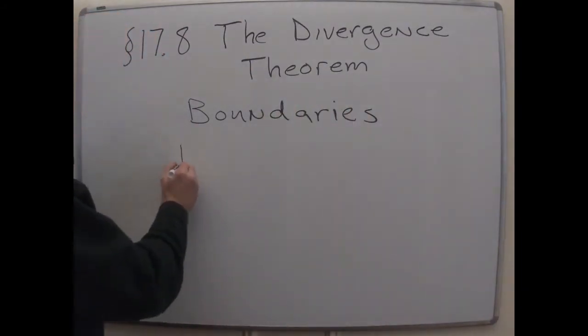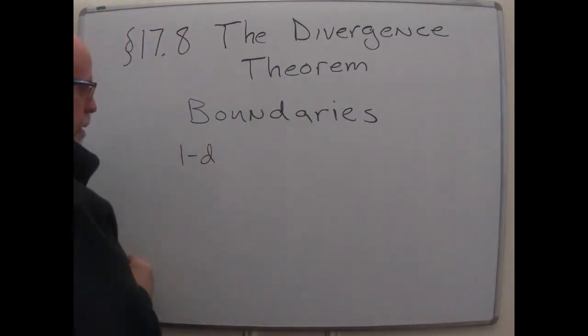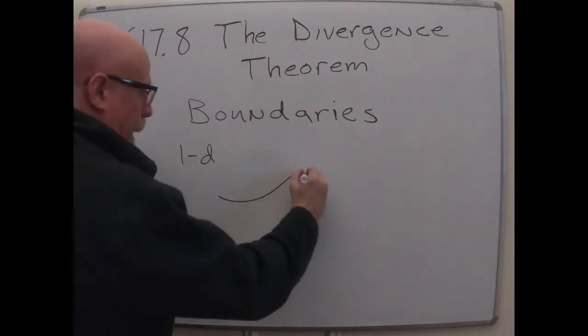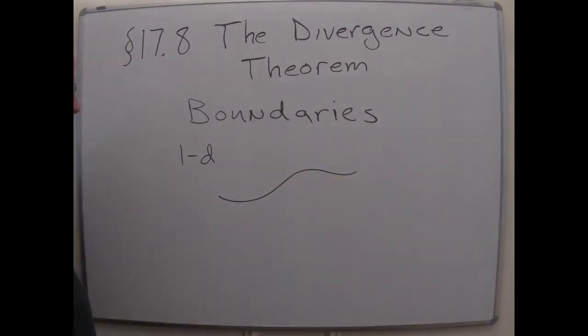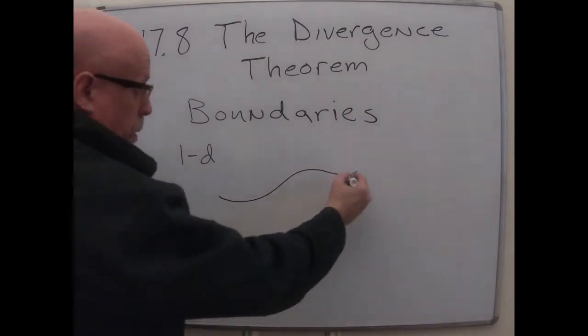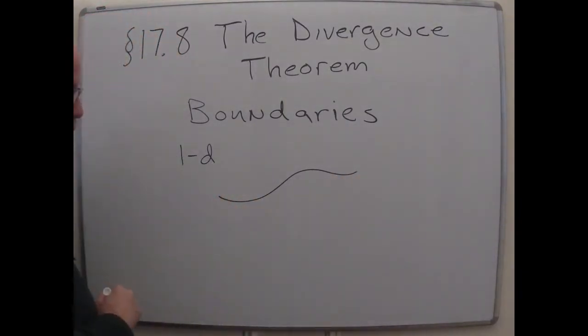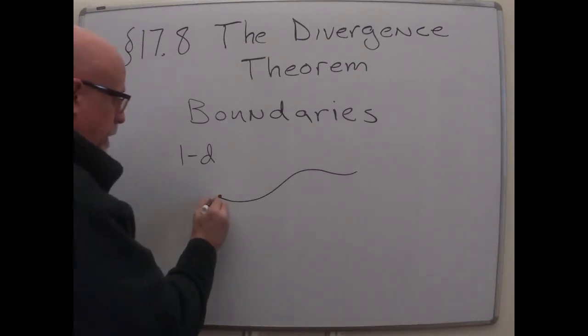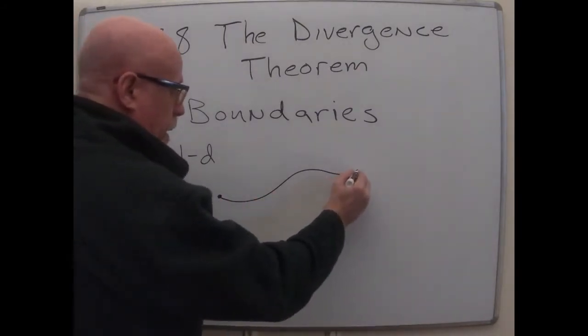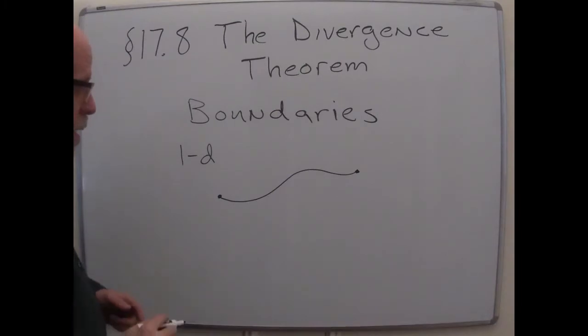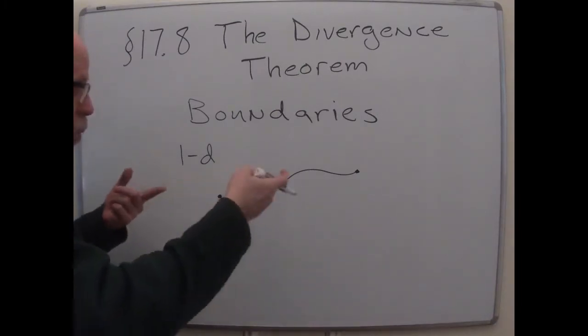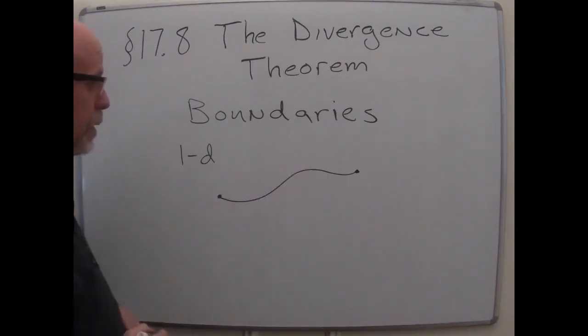So if you have something that's one-dimensional, like a wire, well, if it's unbounded, it means it keeps running forever, which is hard to do if it's actually made of something. But if it's bounded, it means there's an end. And I guess I picture this as if I'm something that lives on a one-dimensional track, like maybe a train, for instance.